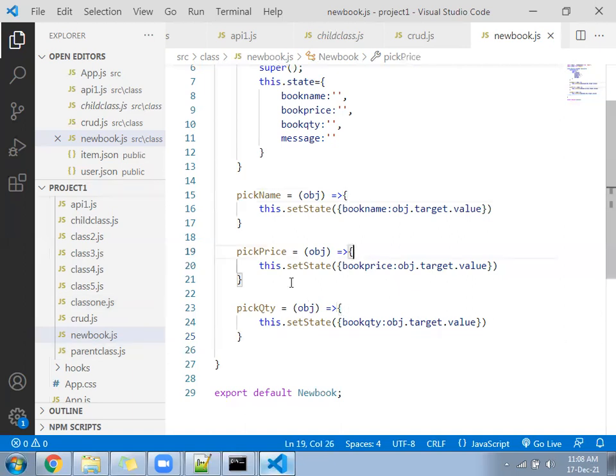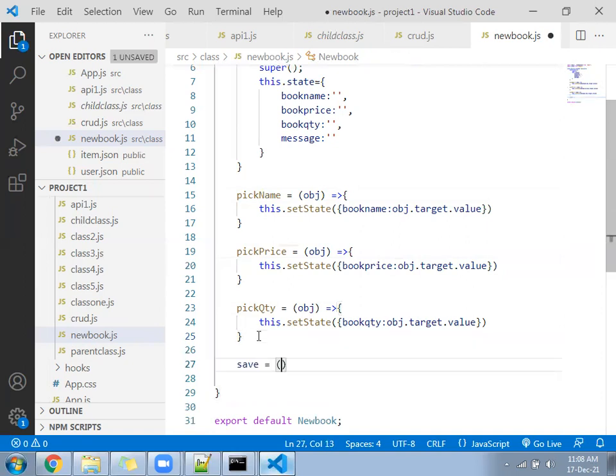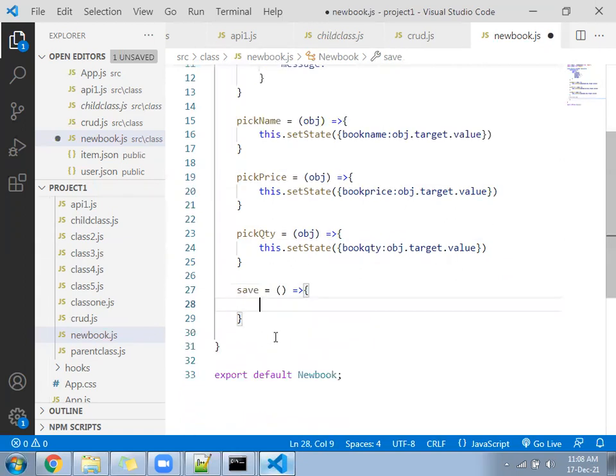Next, after that, write a function called save book. Save equal to arrow method. Come inside. You have to create an array now. New book, a variable.